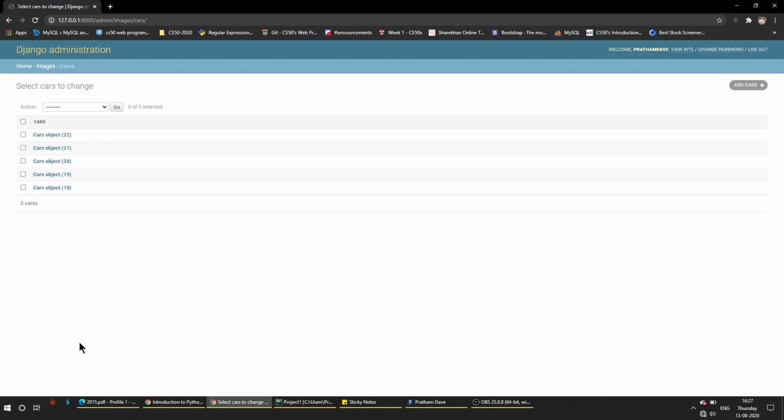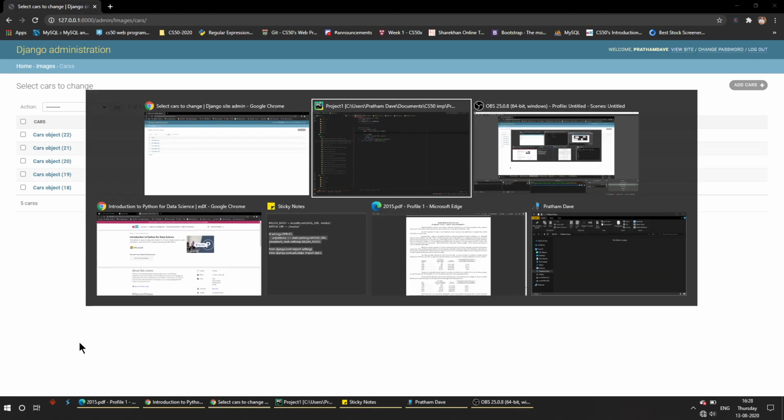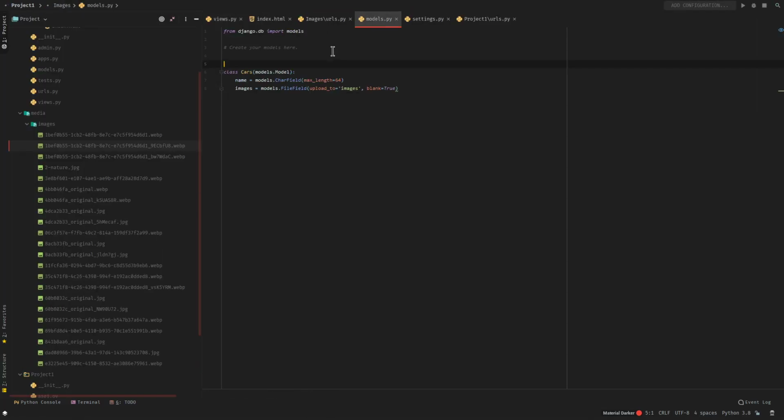So this is a very simple way to add images. There are obviously more ways in which you can add images. You can set this file field as a binary field if you want to store the actual image. By the way, this database doesn't actually store the image, rather it stores the file path of that image. So if you want to store the actual image in your database, you can use a binary field, which is not advisable because it is not a good practice, as your database will get large in space very easily. So that is not advisable.